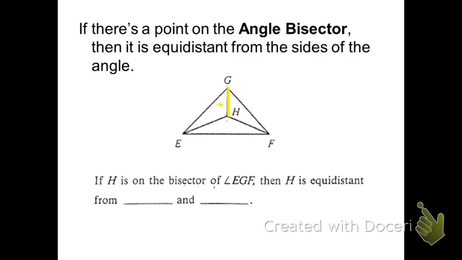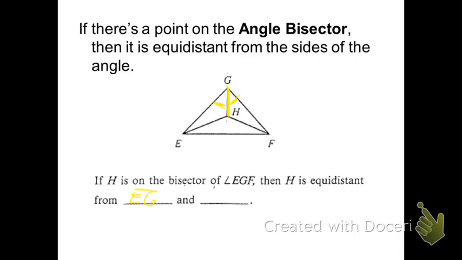So it's always going to be the same distance from sides EG and EF as you move farther and farther away from G, because by definition it's an angle bisector, so it's always going to be equidistant from those two sides. So let's complete the statement. If H is on the bisector of angle EGF, then H is equidistant from sides EG